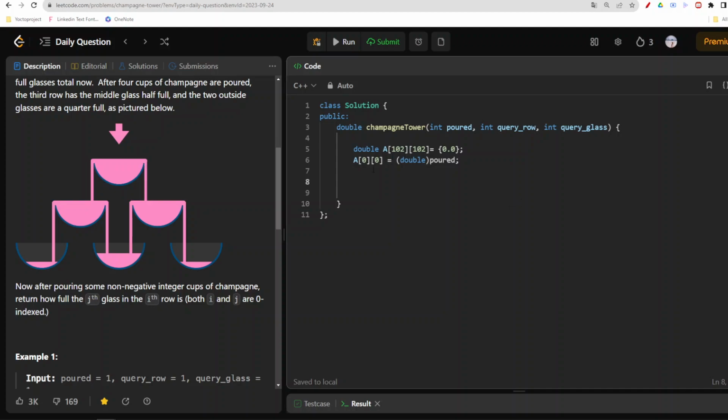So for that purpose, what we are going to do is, let us start from the first row, that is r equals 0, and then go till the query row, which is mentioned in our input, because we require that only. And then we will be doing,